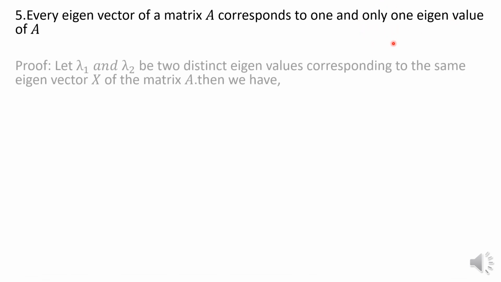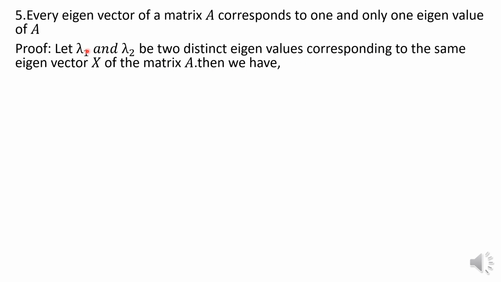So the proof of this goes like this. What we have to show in this property is that the eigenvalue is unique. Can you remember how we show uniqueness? Uniqueness of two numbers, uniqueness of two things. How do you show that? In order to show uniqueness, you take two things as different, and at the end you show that those two things are the same, equal. Then it proves the uniqueness.